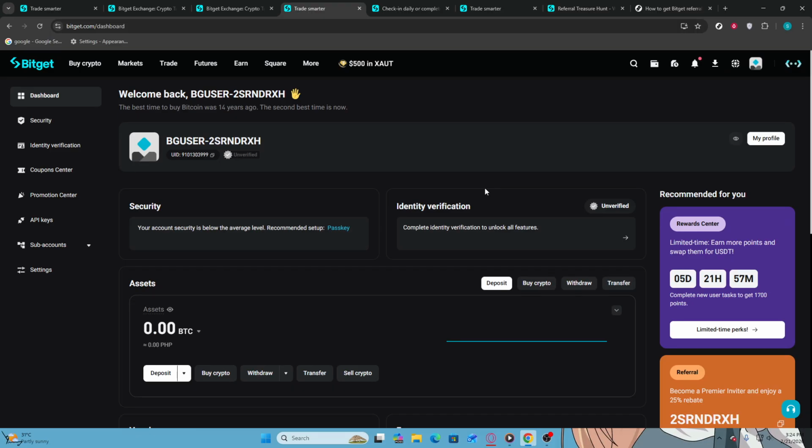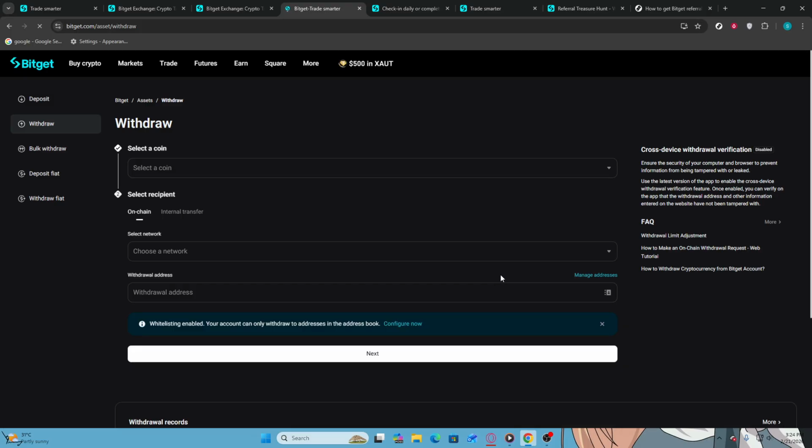After the dashboard loads, look for the Assets section on the left sidebar and click on it to view your cryptocurrency holdings. In the Assets section, you will see an option labeled Withdraw. Click on this option to initiate the withdrawal process. After selecting Withdraw, you will be taken to a new page specifically for handling withdrawals. Here, click on the Withdraw button again, which will bring you to the next step of selecting the cryptocurrency you